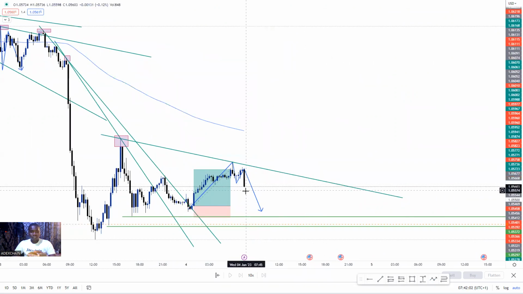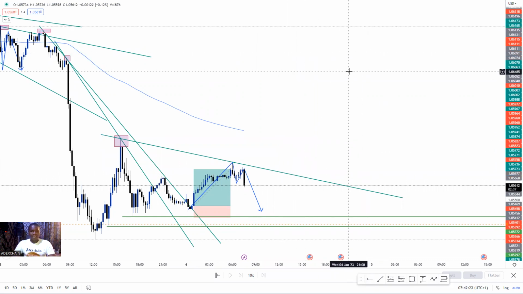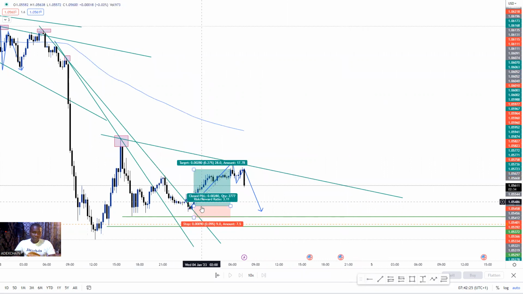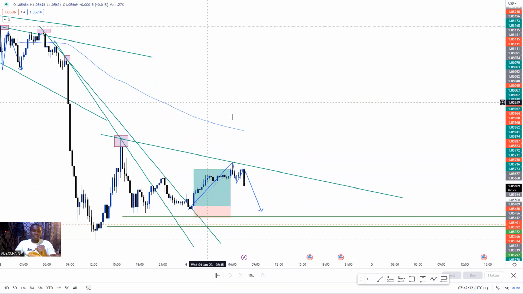You understand? But this kind of trade, I believe, is going to come down very well because I want a slight bearish movement, like a higher high, lower high, and I want to break out of another higher high and a retest of another lower high, and boom, another higher high. So for this kind of trade, I will just put my stop loss at break even, at the entry point, and let's see what happens because I believe we are still in bullish movement.